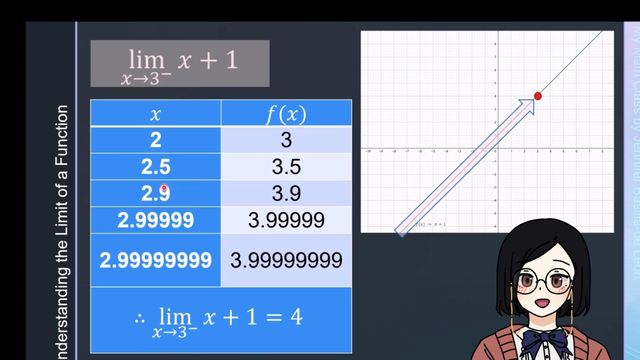If we choose 2 and 5/10, evaluating f of x when x is equal to 2 and 5/10, we will have 3 and 5/10. Do the same process for each chosen value. As much as possible, we have to choose a value from the left side of 3 that is much closer to 3, such as 2 and